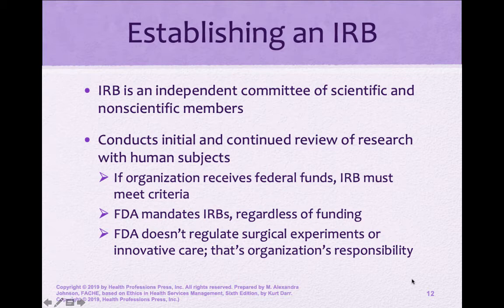So a person could be a professor, could be a physician, could be a student, whatever, who wants to do a research study that involves human subjects. They're going to do what's called a proposal. That's going to be submitted to the IRB, and the IRB is going to review that. There are instances when people receive funding from the federal government for research. So they might get a grant from the NIH, they might get a grant from Homeland Security, whatever it might be.